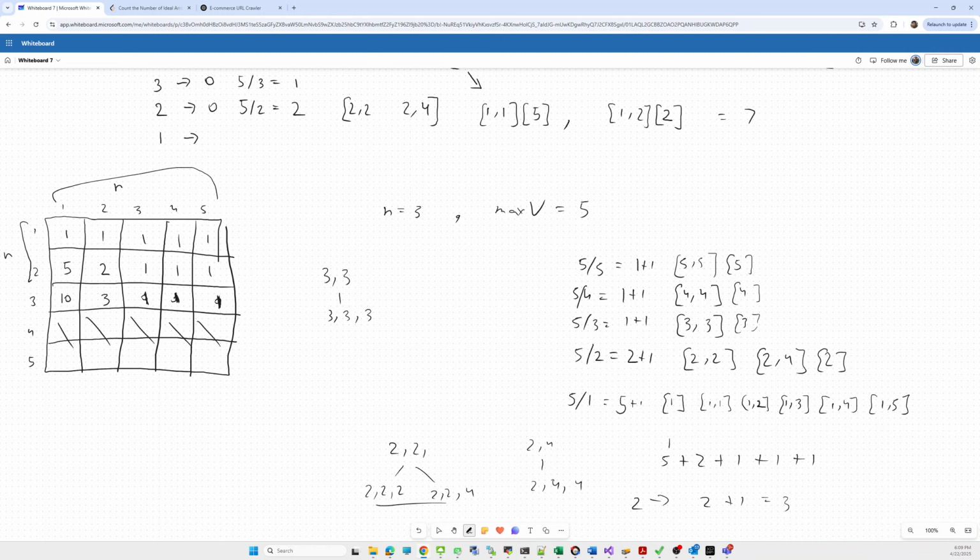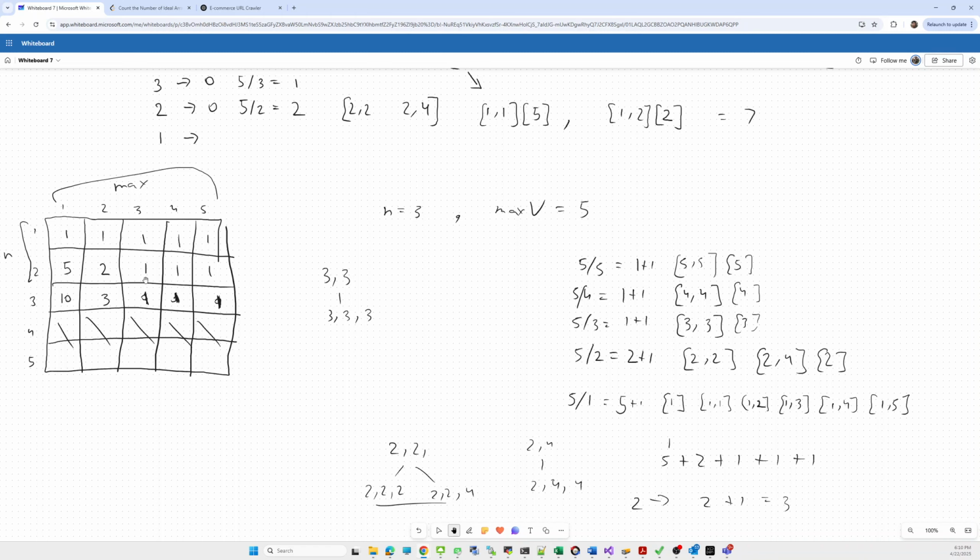So for pairs using 5, the number of sequences I can form is only one, and you use the previous information also. Using 4, how many pairs can I form?